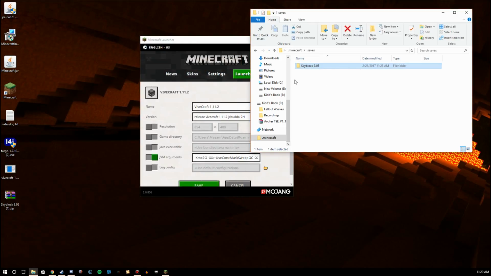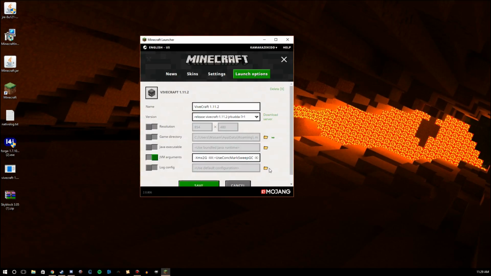So the Skyblock map is now installed, and once you get into the game, you can select it in your single player maps list. It is that easy. That's how you install that. So now we will move on to installing Forge